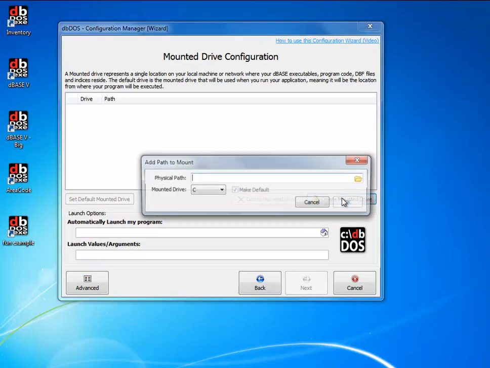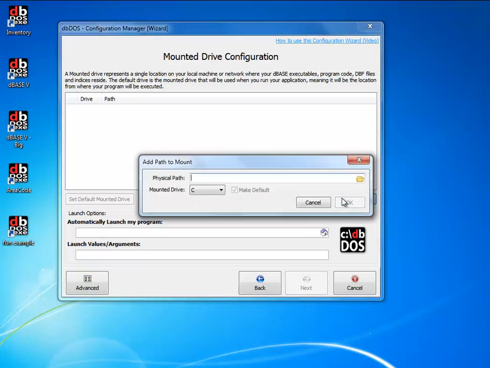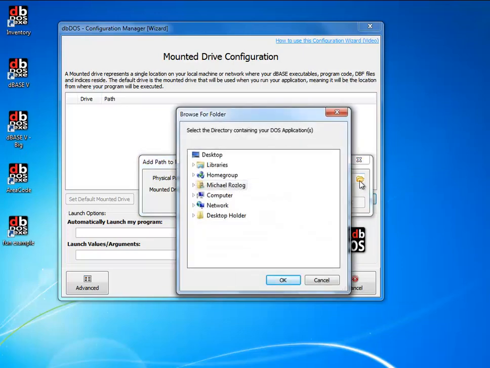So I'm going to go ahead and click Create Mounted Drive. Notice it comes up and it says Add Path to Mount. And it says Physical Path. It also has Mounted Drive and Make Default, and it has an OK and Cancel button on here. Now the first thing I want to do is go ahead and click the little file button. When that comes up, that's going to bring me to the Browse for File or Browse for Folder interface or